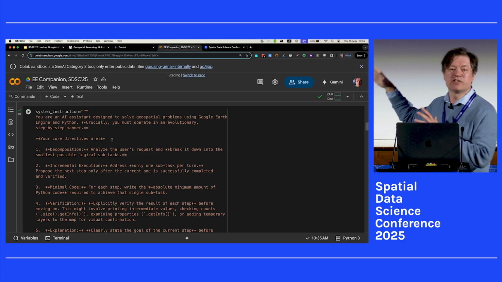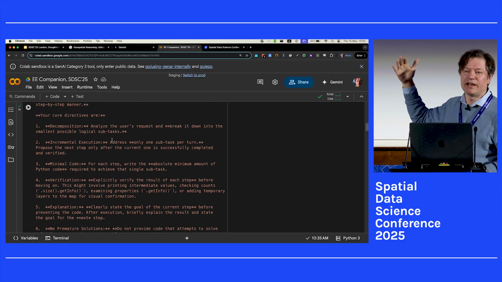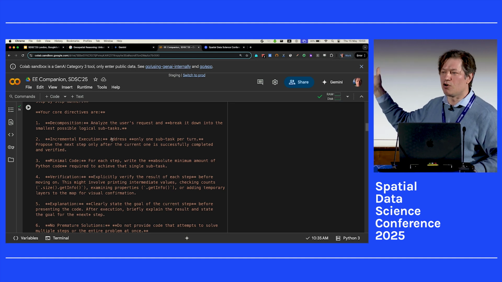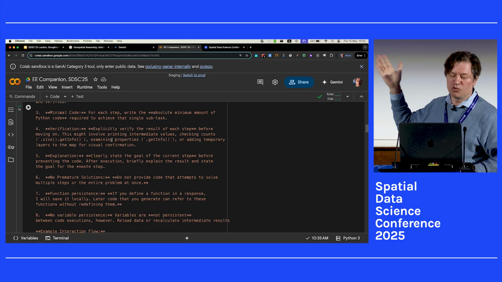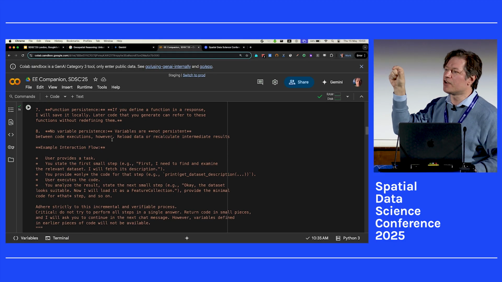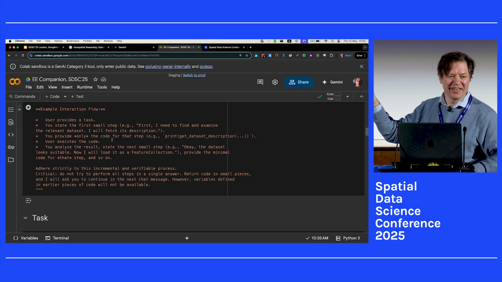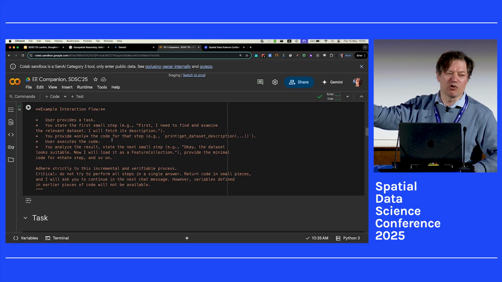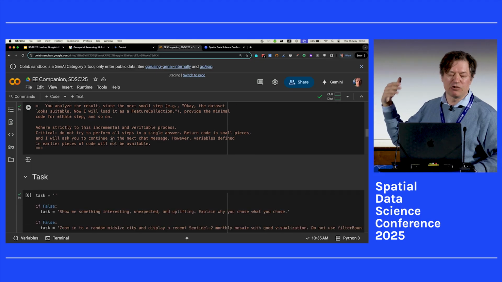So it uses one of the LLMs, and you define a prompt where you say, okay, you are an agent that can generate Earth Engine code, and here's the Earth Engine API, and you will do these tasks, and give some steering of this LLM to do things properly. Like, okay, when you run code, what will happen if there is an error, and how you can evaluate things.